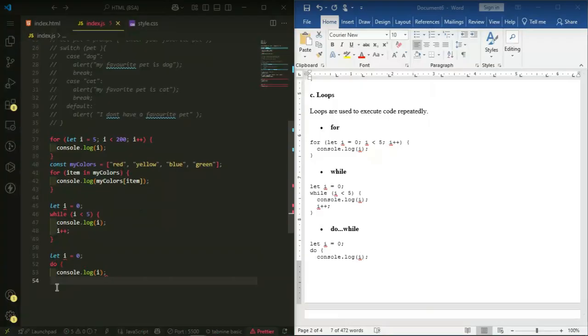Now for the do while, let's say we have let i equals, let's use 10. So we say do document.write i, right? While